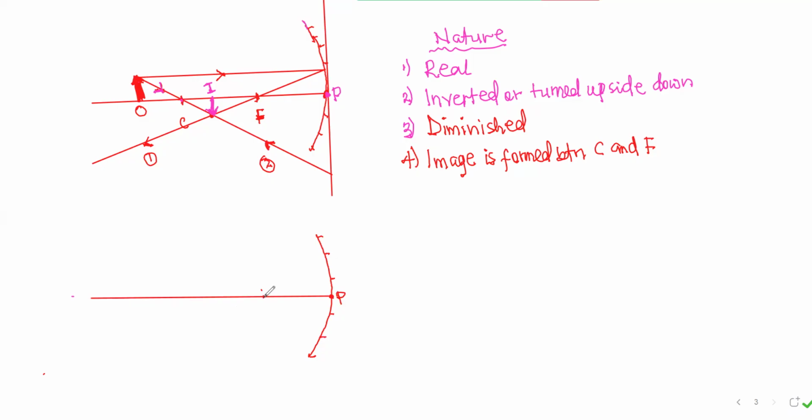Next week, I think I will discuss when the object is at infinity and then at F, because that is key. So when the object is placed at the center of curvature,